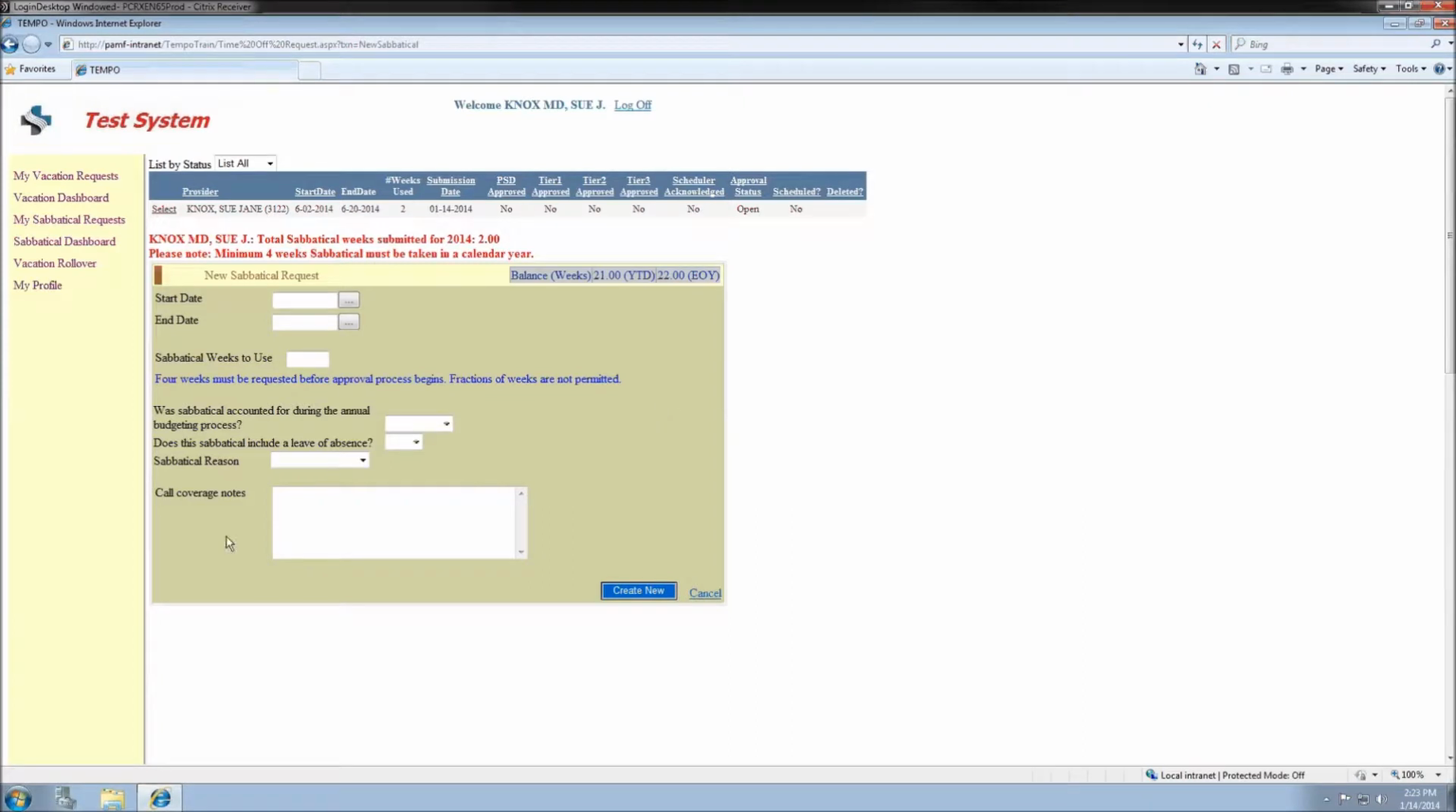Specifically, the requesting physician should enter how many weeks he or she plans to use from his or her existing balance. Since a physician must take a minimum of 4 weeks during any year that sabbatical is used, the text at the top of the form will indicate how many weeks have been requested and whether more must be requested to get approved. In this example, only 2 weeks have been requested thus far, and so no approvals will be made until an additional 2 or more weeks are requested. By entering in another 2 weeks,